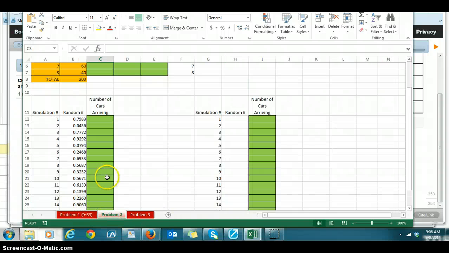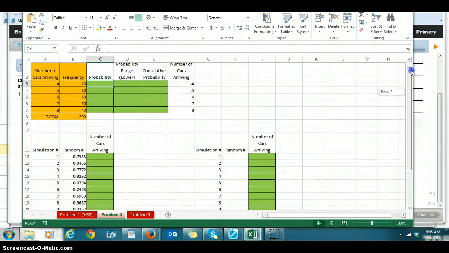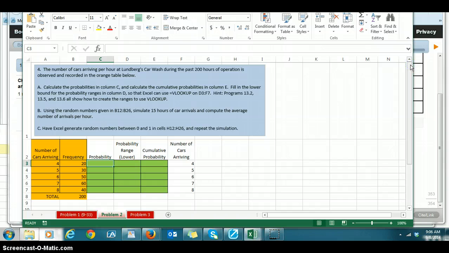Now with problem 2, you are going to use some Excel functions, and so with this, and again, after you've read all of the chapters